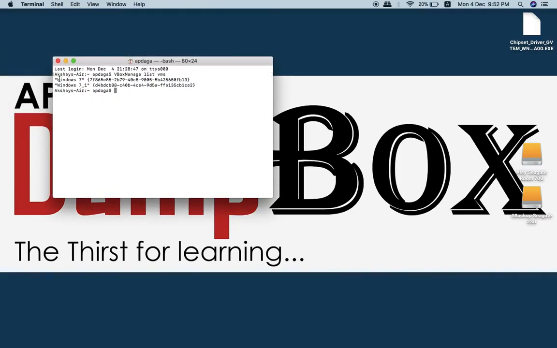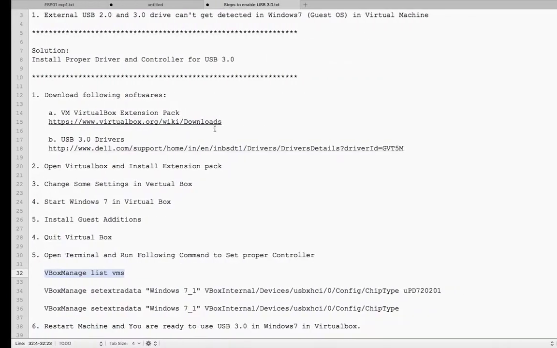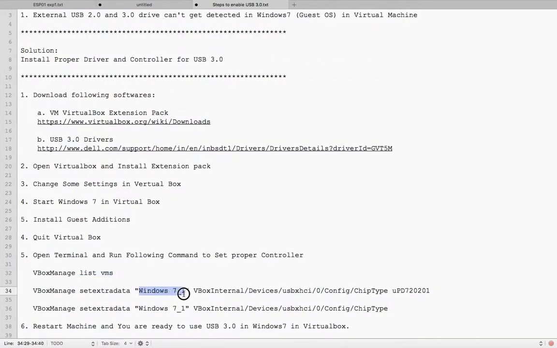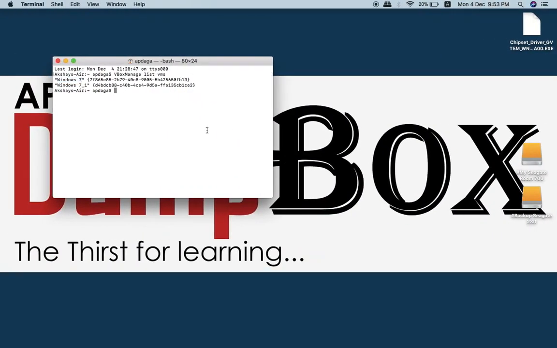Since we are dealing with this one, I'm just copying this name, pasting it here, and copying this command and just running this. See, you can see this executed properly.